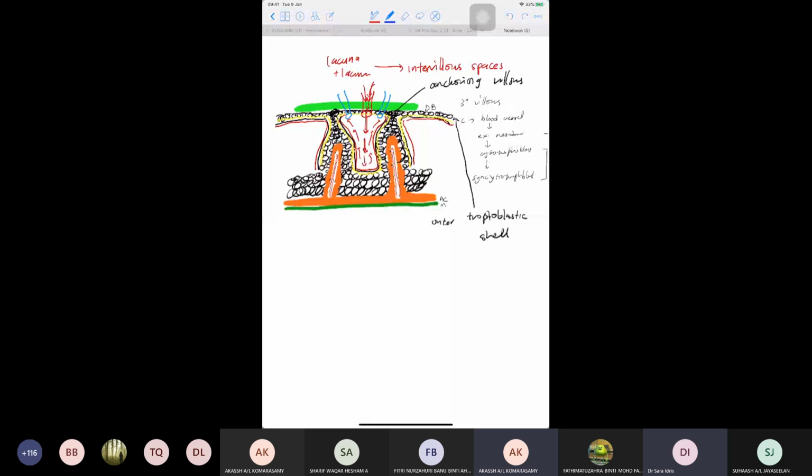The syncytiotrophoblasts are going to be pushed aside by the intervillus spaces, because the intervillus spaces are going to be filled up with blood, right? So the intervillus spaces will be under quite high pressure, because you're going to get blood from the arterial system. So what happens is that the syncytiotrophoblasts will be pushed towards the